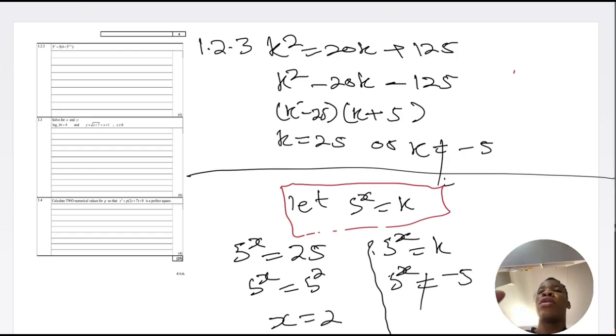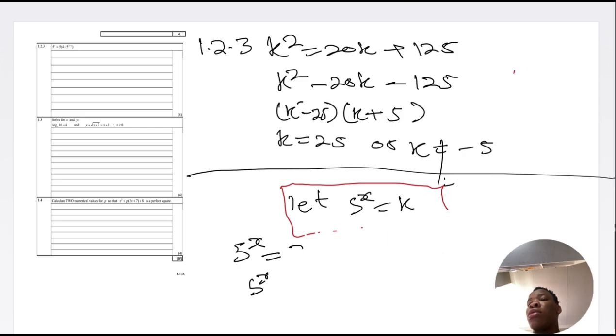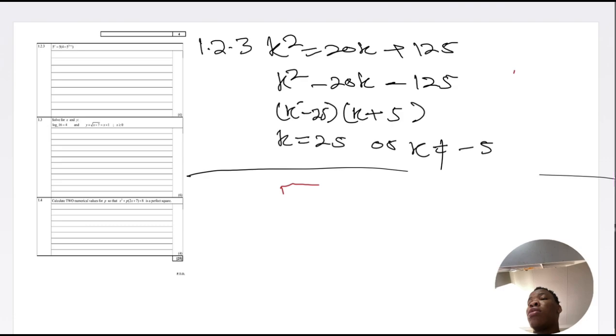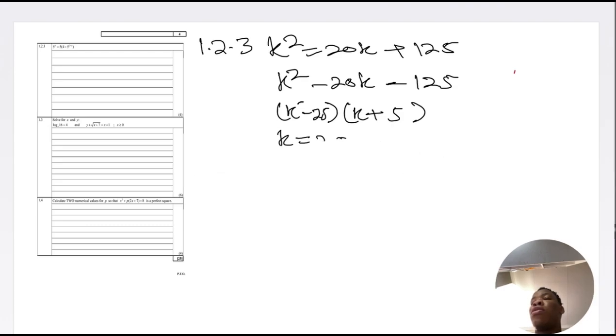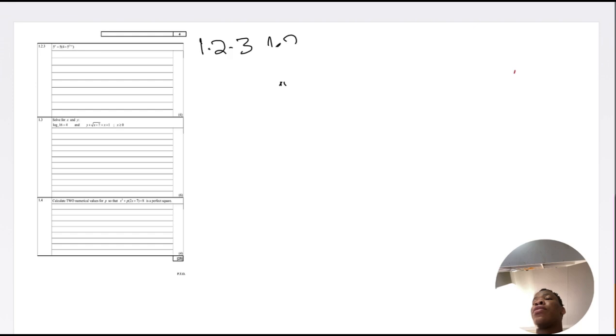Okay, let's move to the next question. 1.3, we have log